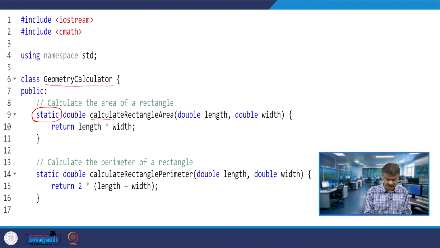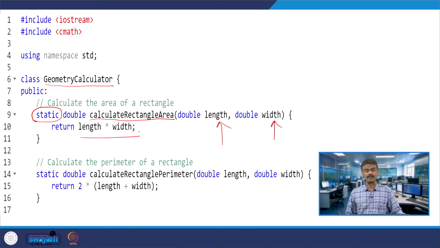The member function is calculate rectangle area. We are passing length and width, which we will pass in the main. The arguments are double, double, length and width. This will return length into width. We know that if you are given a rectangle, length into width is nothing but the area.